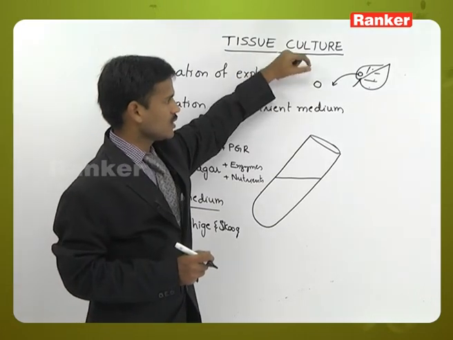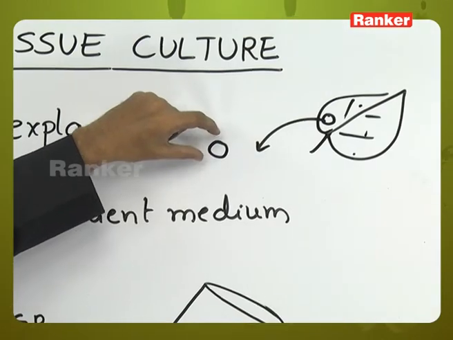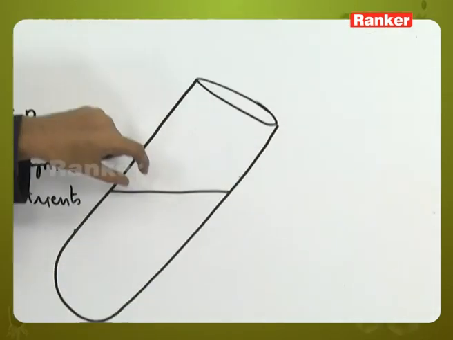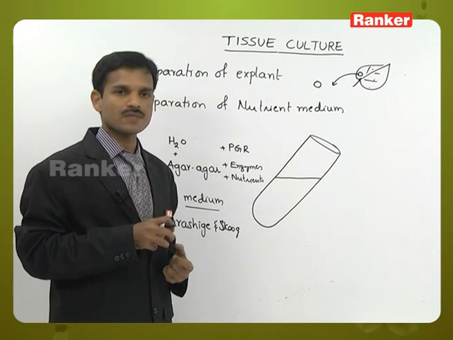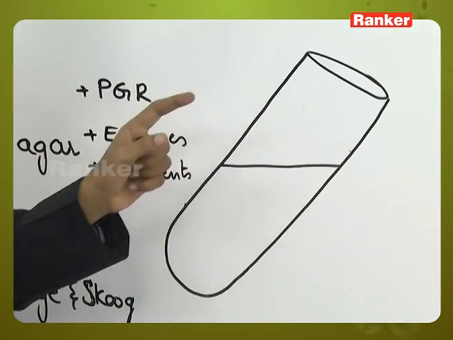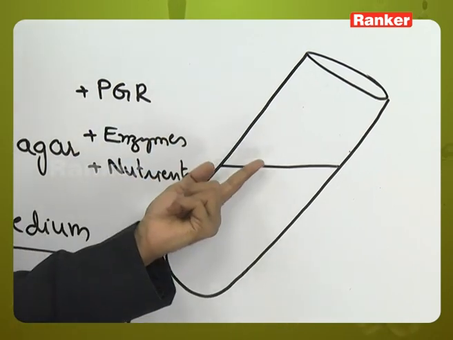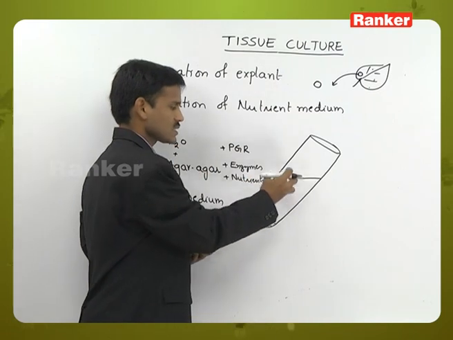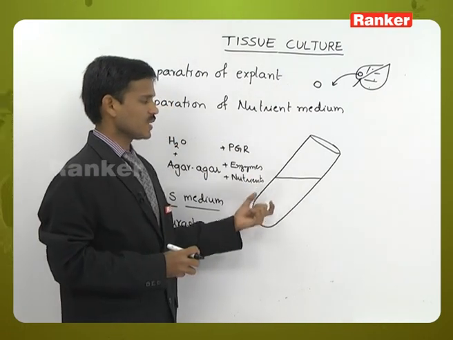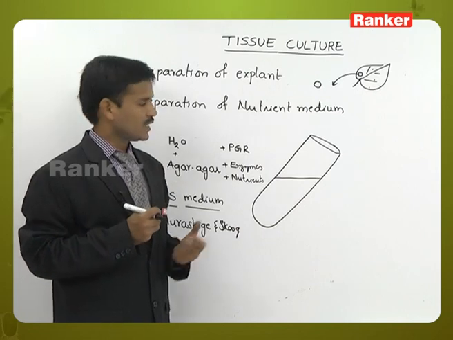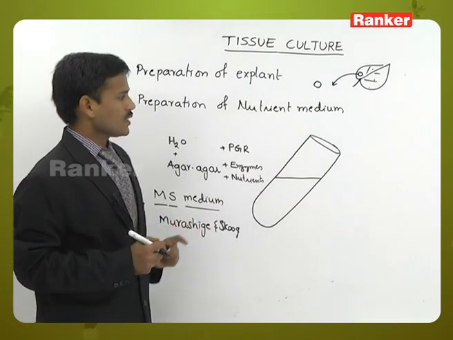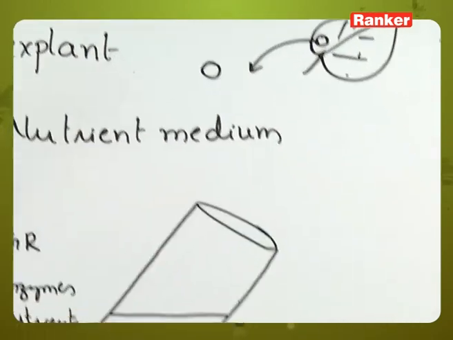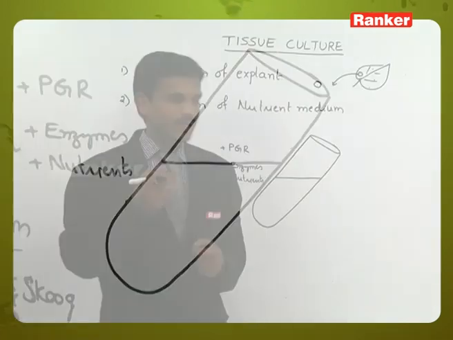Suppose before the sterilization, this explant is cultured on the medium. When it is transferred onto the medium, it has a number of microorganisms. So, the microorganisms can develop very fast and rapidly on this medium. Why? Because sufficient food materials are there in the medium. That is why microorganisms easily develop on the medium. So, before the inoculation, this explant and medium are completely sterilized. So, the third step is